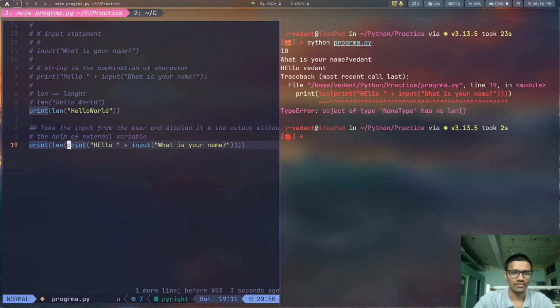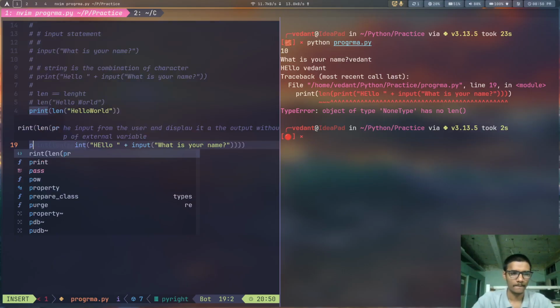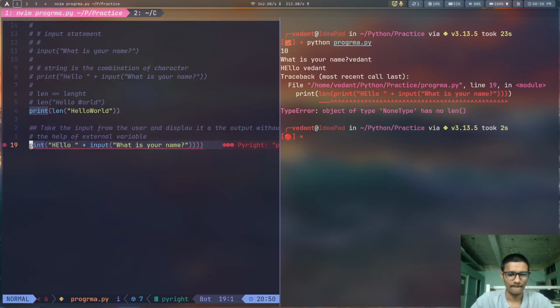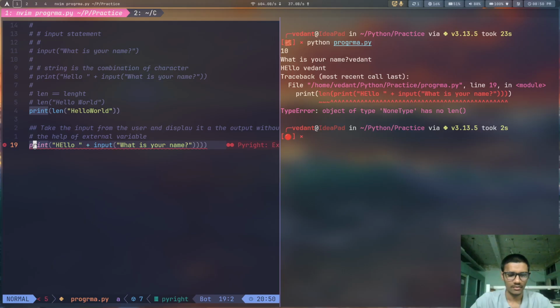Print, at the end of the line, we only need two braces. And if I want to calculate the length of everything, here is where I will put the len function.